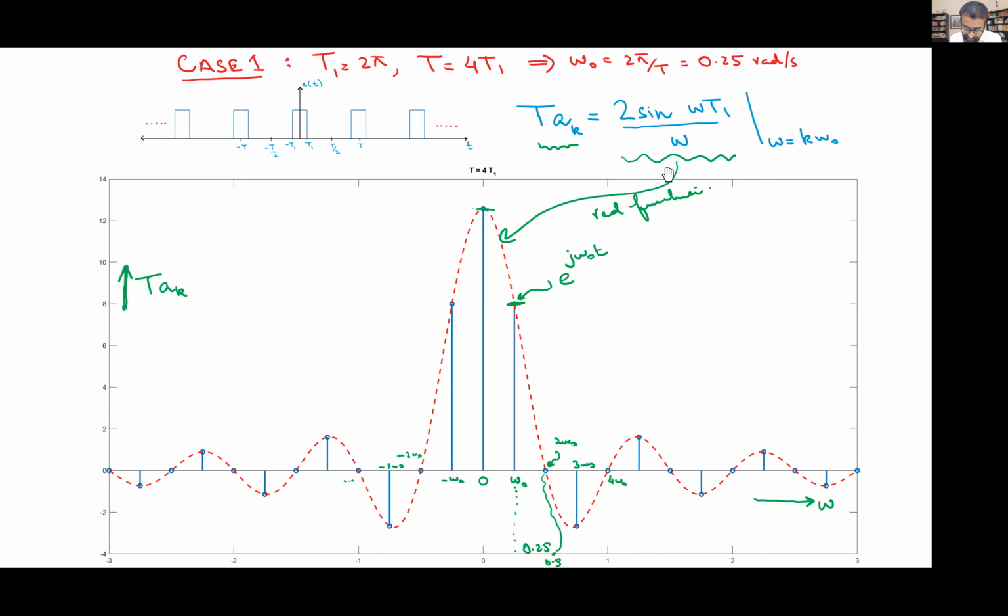If omega naught decreases, that means the spacing here, let me use another color, the spacing here is going to decrease. And that's what I think everybody else meant. Asad, Khalid, Nusman, Nadeem, good. As omega naught decreases, the spacing between the adjacent samples is going to decrease. And that's exactly what we observe.